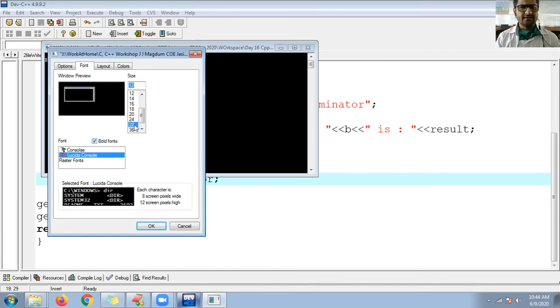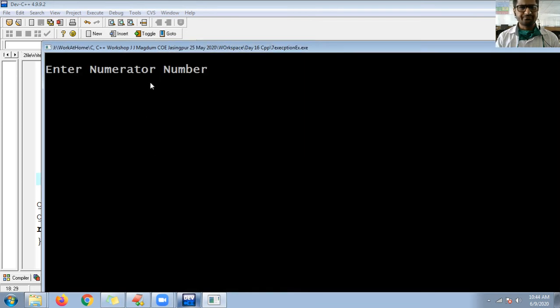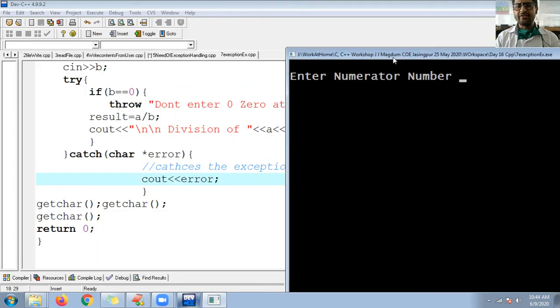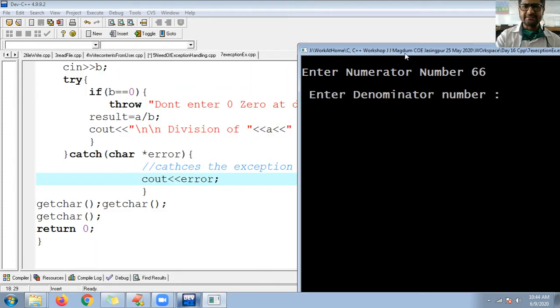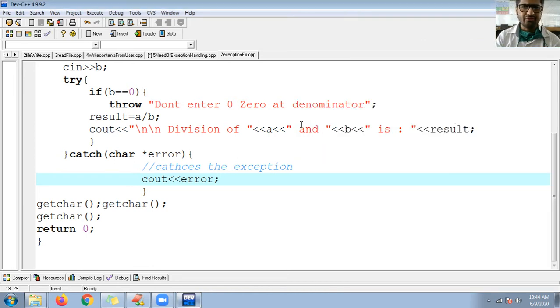Now guys, you can see here, enter the numerator number. I enter 66. Enter denominator. I enter 6. So what's the problem? It is not giving me any output.